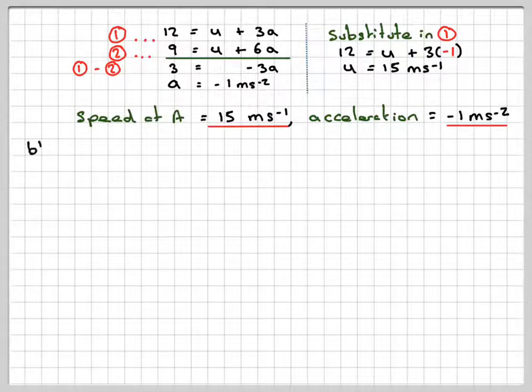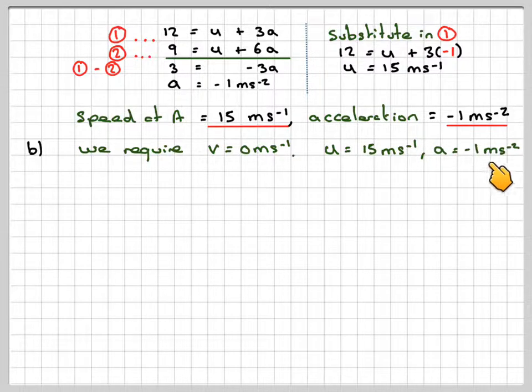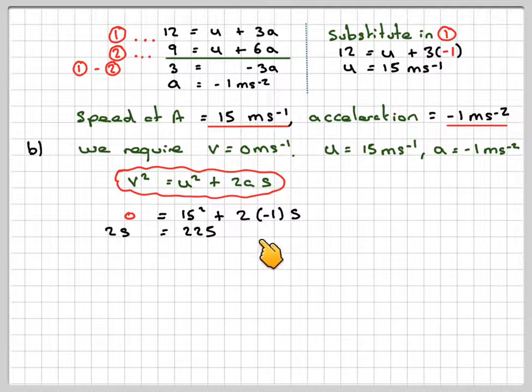Okay, so moving on, we require to know how far past C it goes, so we need to know where v is equal to 0, and we have that u is 15 metres per second and a is minus 1 metre per second squared, and we want to find s. So using v squared is equal to u squared plus 2as, we're going to have that 0 is equal to 15 squared plus 2 times minus 1 times s. 15 squared is 225, so taking the 2s over, it becomes 2s here, and therefore s is